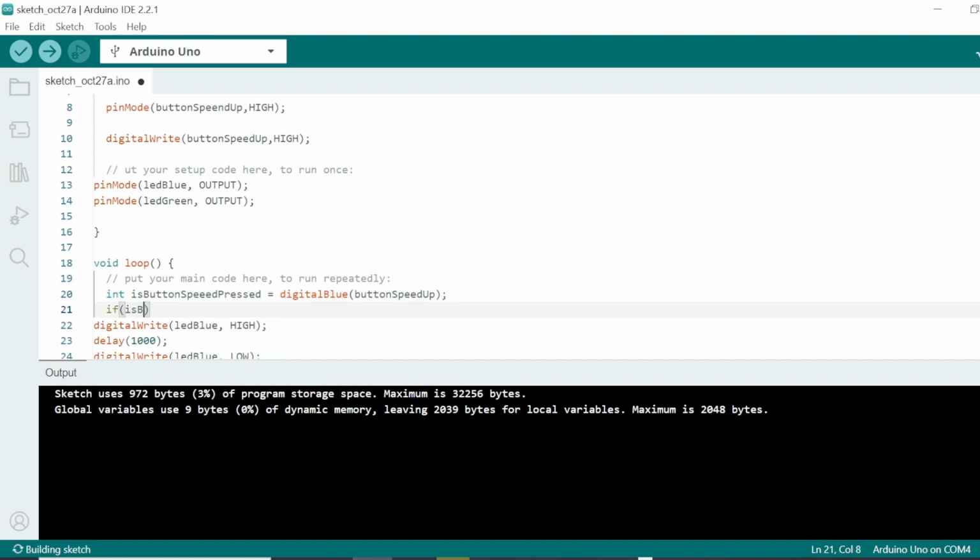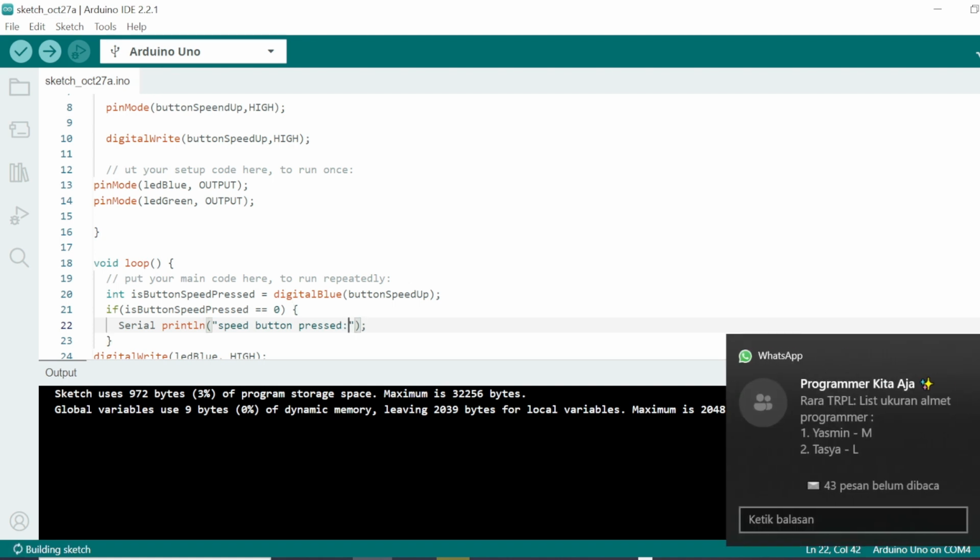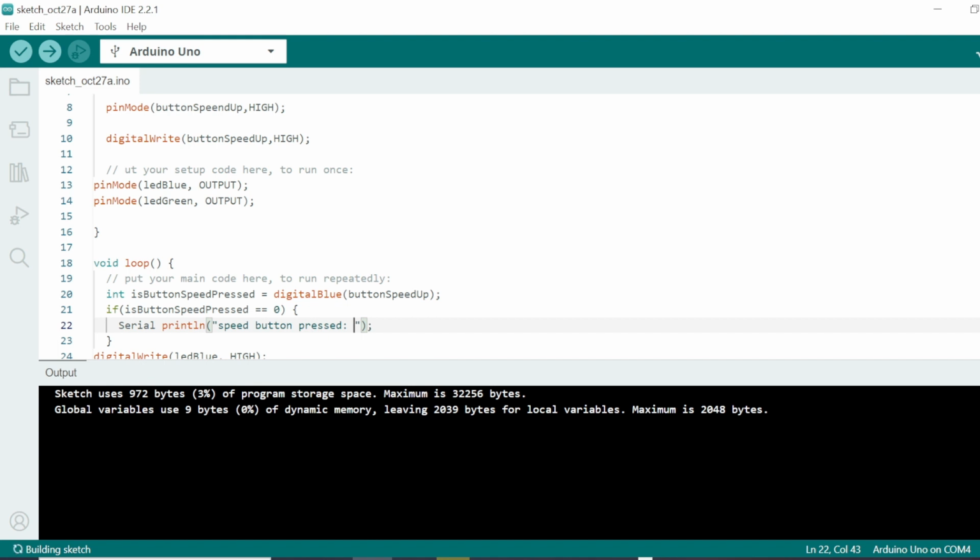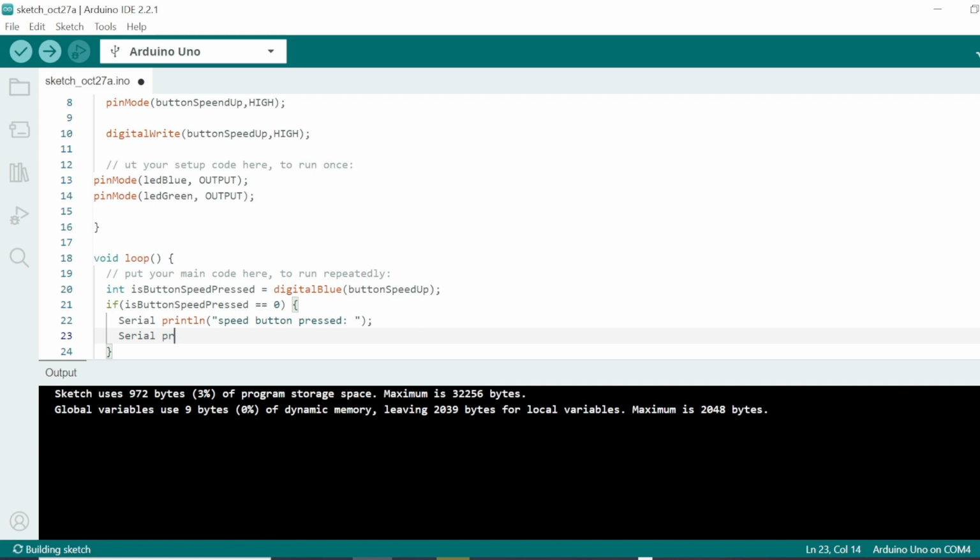Okay, in here we make an if, is the button speed pressed, then Serial.print button speed pressed.